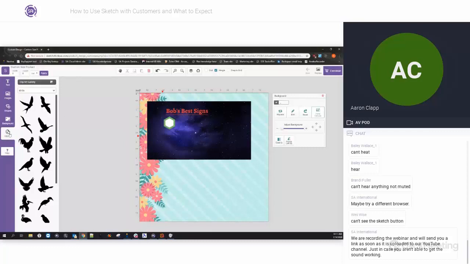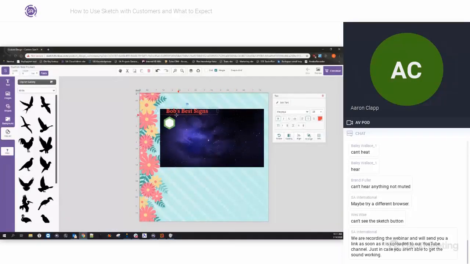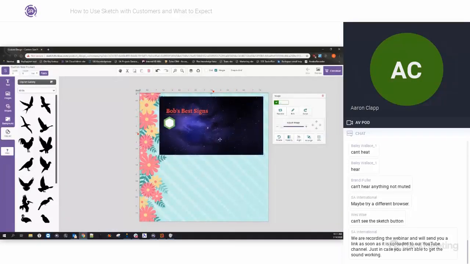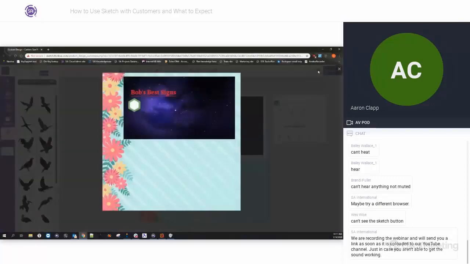And so that makes it kind of simple. And so now, let's just say, for example, let's just grab our sign here, and this doesn't look like that much of a sign really, but let's just take a preview. So when you do a preview here, this is going to give you a low resolution preview that they can kind of look at and say, okay, this is what my final product is going to be, without having to look at